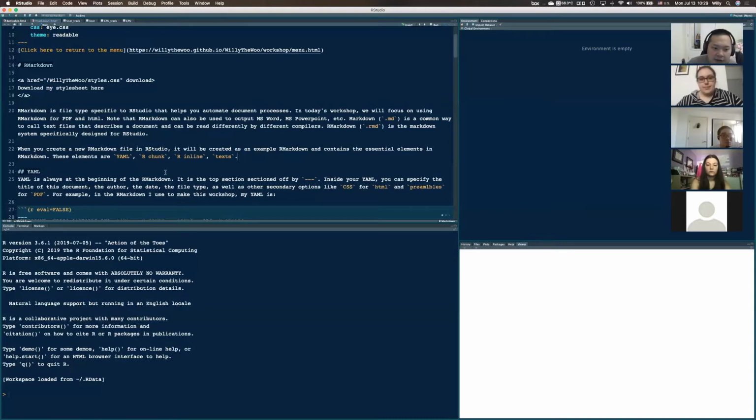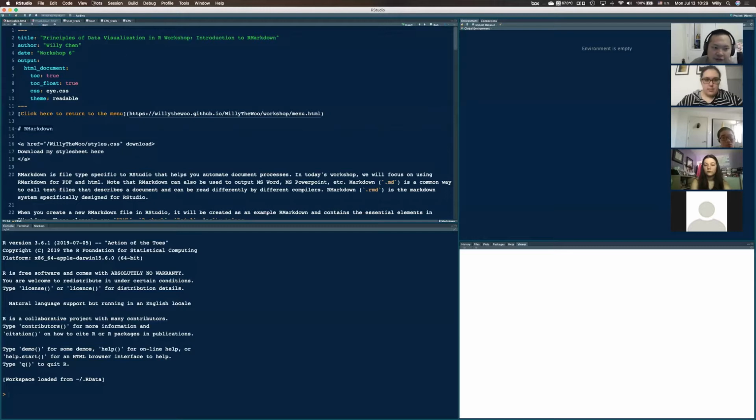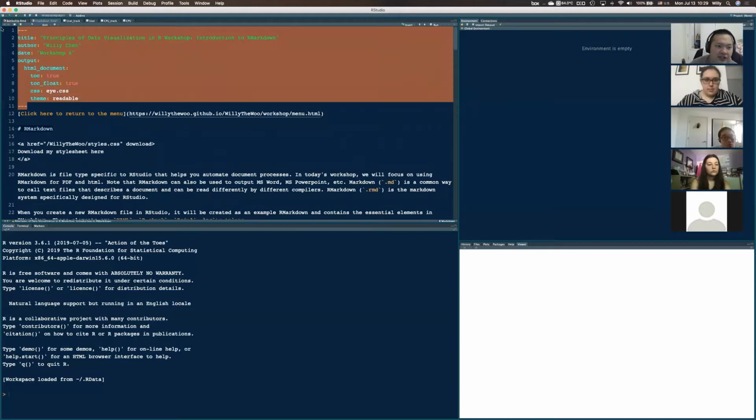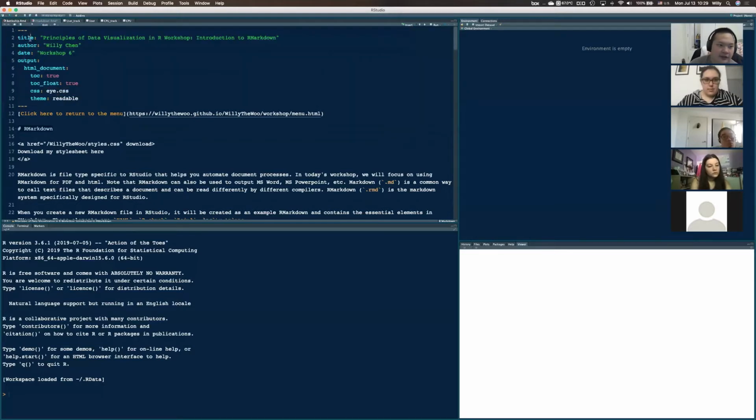So the YAML header, it's called YAML or YAML header. It's always at the beginning of your Markdown. It's sectioned off by 3 dashes. And you can use it to specify some general information about your file and what kind of file it should be and other secondary options. So for this Markdown, this part is my YAML header, right? It's sectioned off by the 3 dashes. And then I have my title, the author, date,